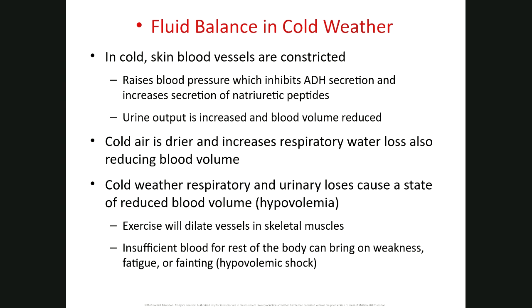Atrial natriuretic peptide will work on the distal convoluted tubules of the kidney, which would make them release fluid. Well, first of all, release sodium. And sodium is followed by water, and therefore it lets water out. Sodium and water are lost, pressure goes down, but you actually lose the volume at this point. So with that, your urine output is increased, but the blood volume is reduced. And that's basically what you remember if it's in a cold area. You tend to go potty a lot.